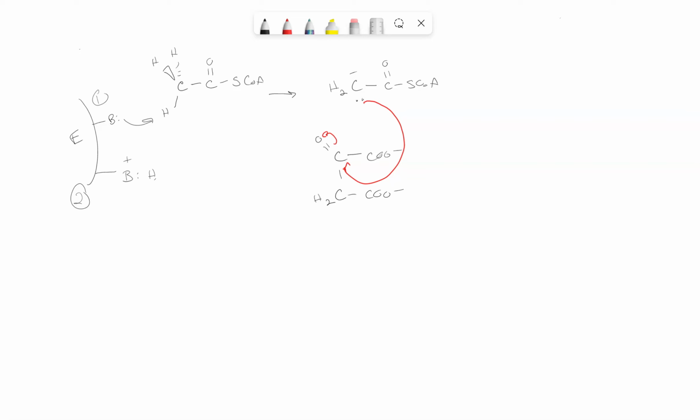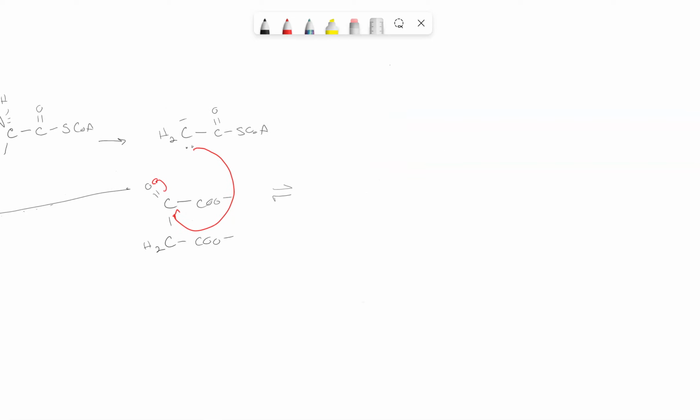and let me redraw it. I'm going to do a really long interaction here because I made an intermediate. And what this produces is the following. It's a reversible reaction where we now have the citryl-CoA intermediate